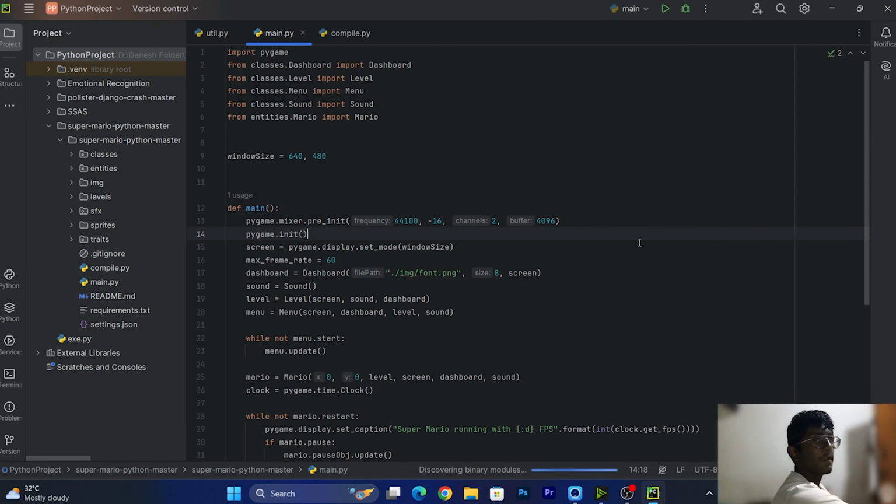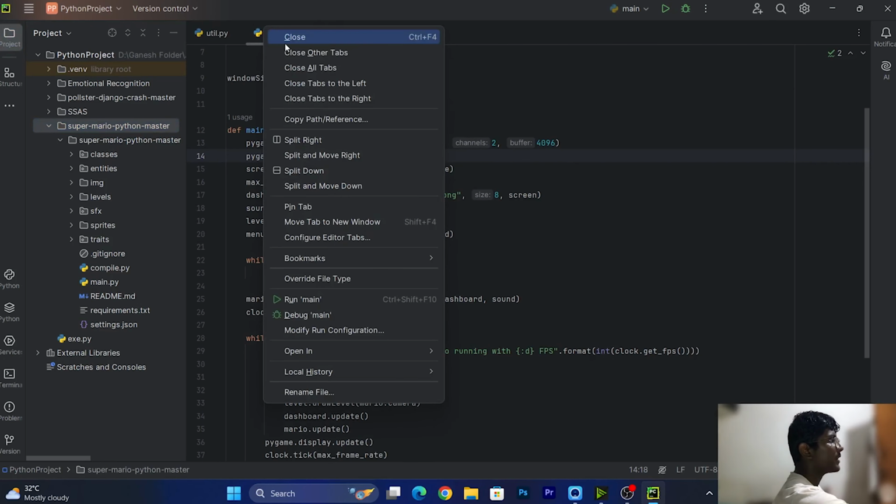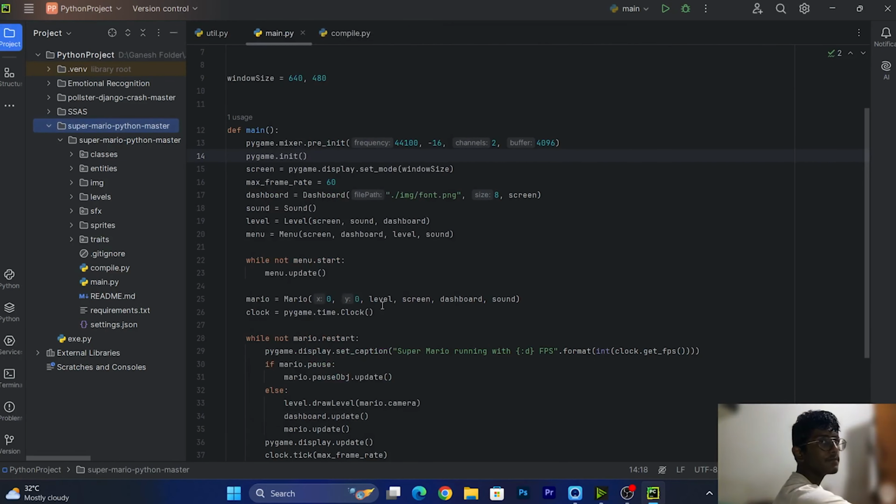This is the programming part and I have used Pygame and Mario module for the game. I have even used dashboard, level, menu and even sound. They all are optional, you can just take those out, but make sure that you also remove those from this main part. And this is the main file in which I have stored everything such as the code, sound effects, and animations and transitions. Now I'll right click on the main.py and click on run main.